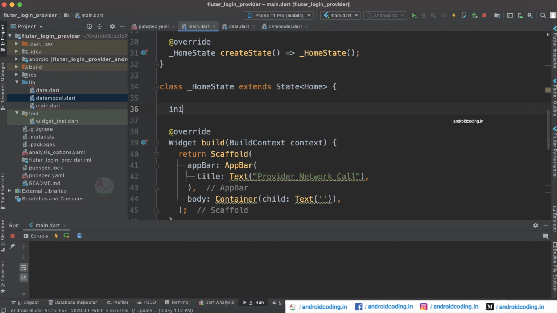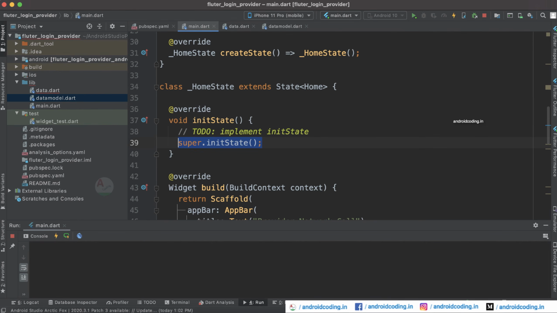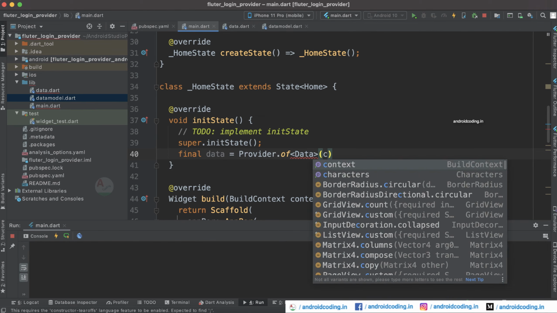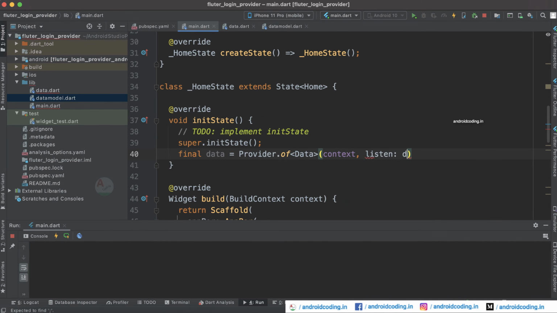So for which, let us create an init state here, and let's call the API. So now let's make use of provider of data and specify the context here dot comma listen false.